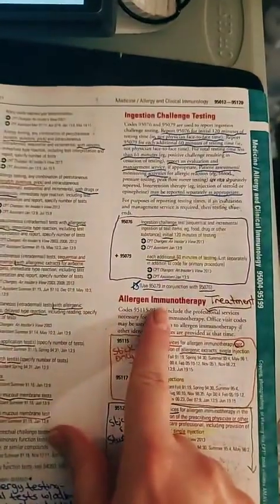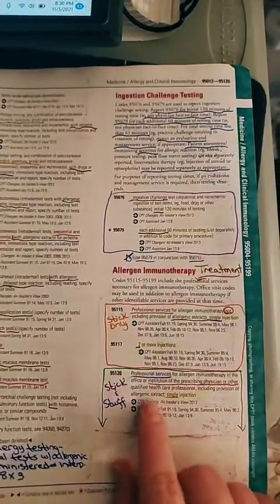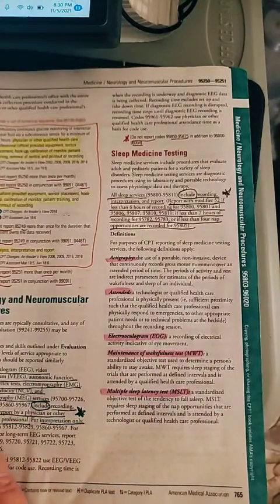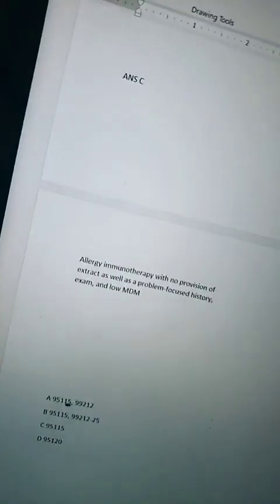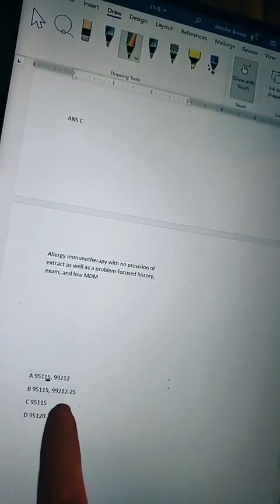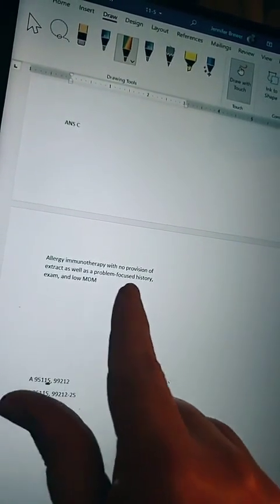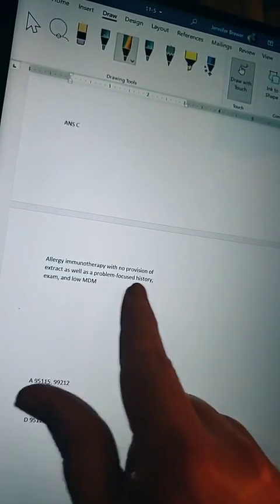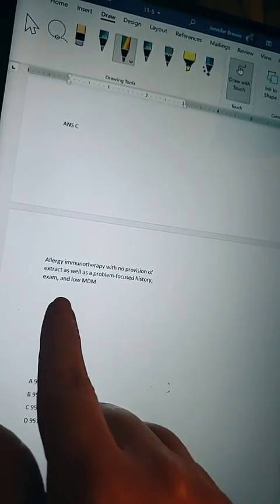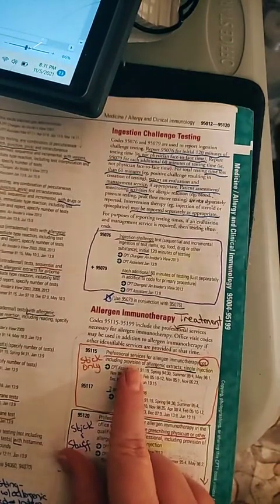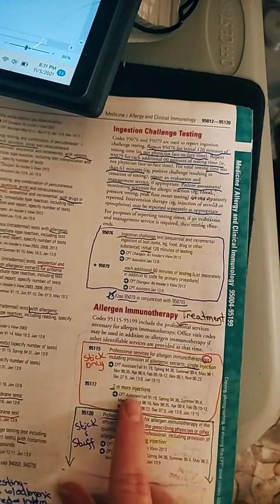Ooh, we're under allergens, immunotherapy. So I don't see any parenthetical notes to say don't use something with something. And our test question had added on things. Let's see, we've got no provisional extract, problem-focused exam, low MDM. Well, professional services, simple injection,